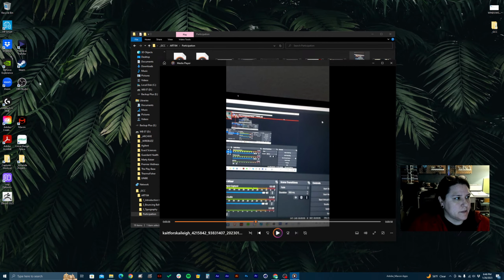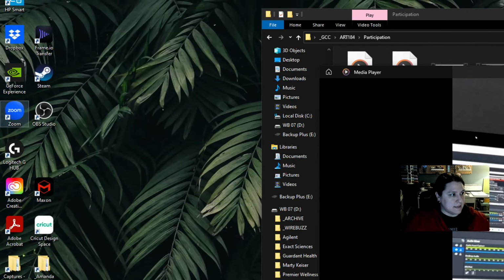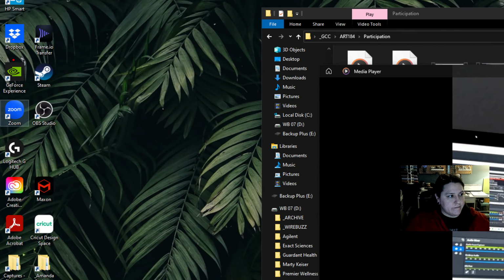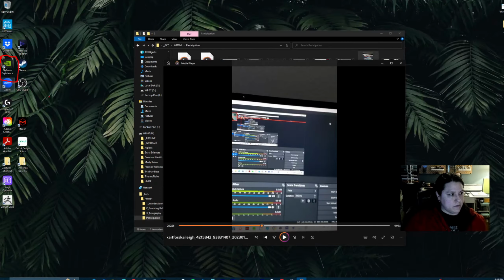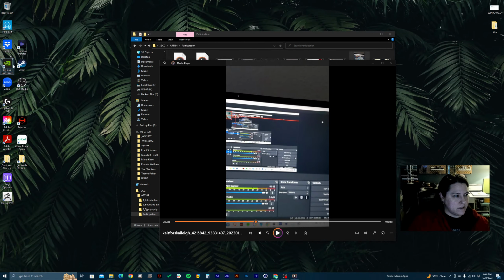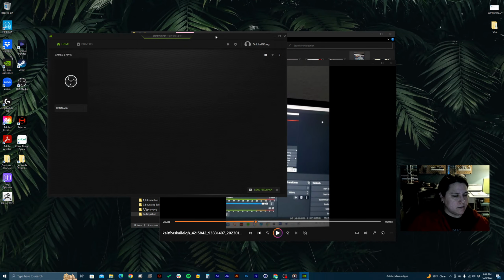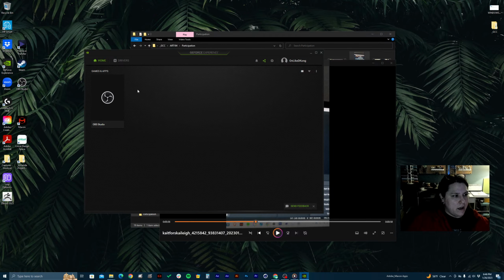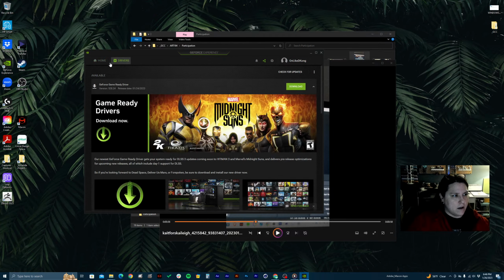So let me show you guys something real quick. Over here on my desktop, if you have an NVIDIA one specifically, I'm not sure about AMD. There might be some kind of software that goes along with an AMD GPU as well. But right here is something called the GeForce Experience. I think that one's the one that I open. Let me just double check this here. Yeah, and right up here where it says drivers, it'll tell you if it's up to date. See, my GeForce Game Ready driver,